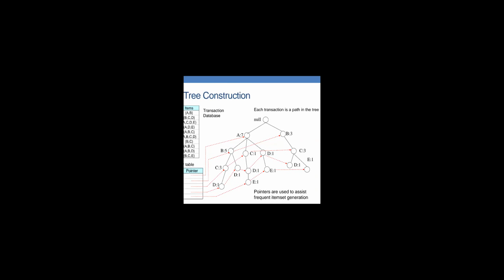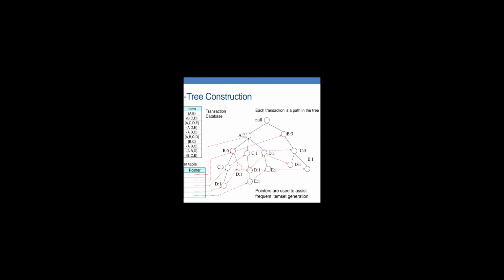BCE you have to consider right side and right hand side. That is the BC is incremented, the support is 3, and C is also supported is 3. Then E1, you have to consider E is only once. So every point E1 to E1, B1 to B1, C1 to C1, D1 to D1. Like this way you have to consider, linking all of them. This is the way you have to construct the FP tree. After constructing the FP tree,